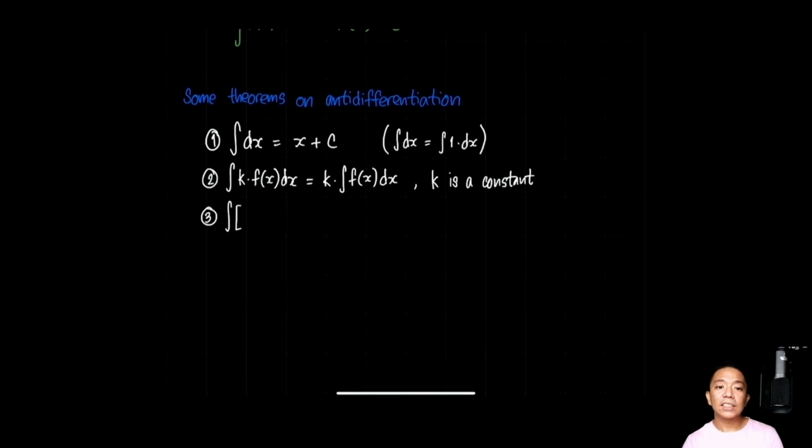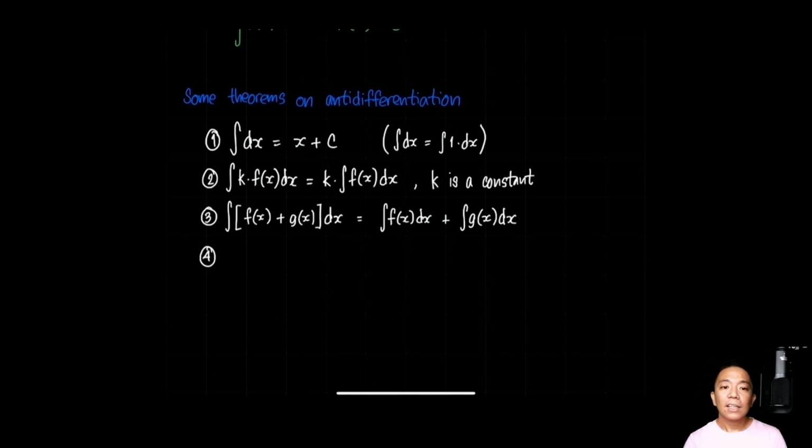For our third rule, the general antiderivative of a sum is equal to the sum of the general antiderivatives of the terms nung ina-add natin. This is similar, when you take the derivatives of sums, pwede mo siyang i-evaluate as the sum of the derivatives